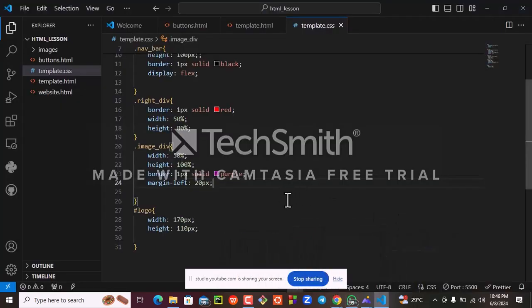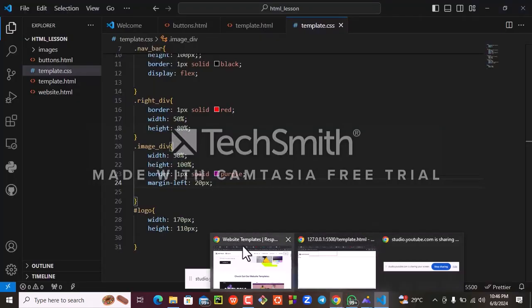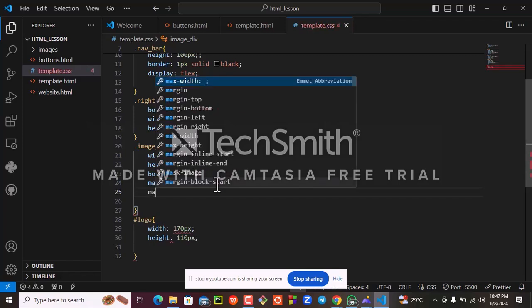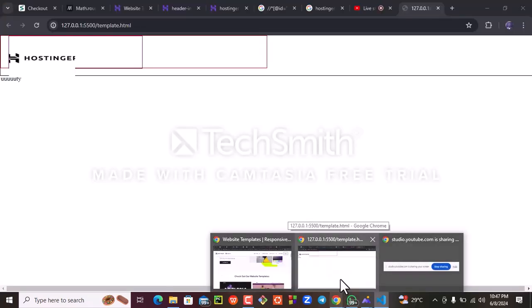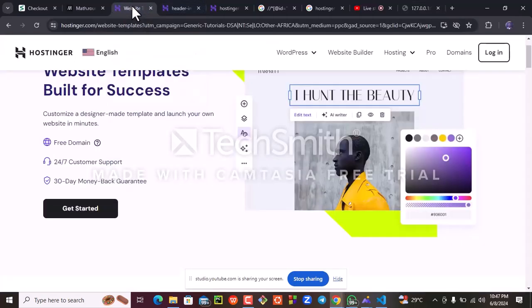Okay, so we'll now come and then let's give it margin bottom of say 10 pixel. Let's see what we get. Okay, I think this is looking like it. Now, beside, okay, I think that's it. Now the next div is going to take this flag. So we are going to look for